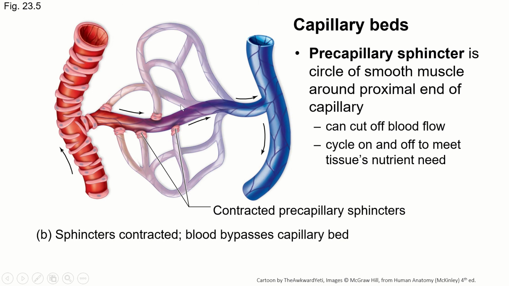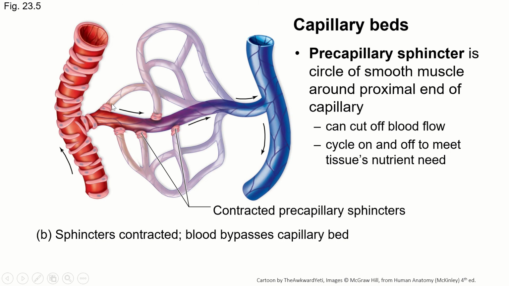So, for example, while you're digesting food, I hope you're not eating blood, you're going to need more blood flow to your digestive system. And so the precapillary sphincters around your digestive system are going to be open so that all of those capillaries can get lots of blood flow through them to get all those nutrients that are being absorbed in your digestive system. When you are cold, on the other hand,